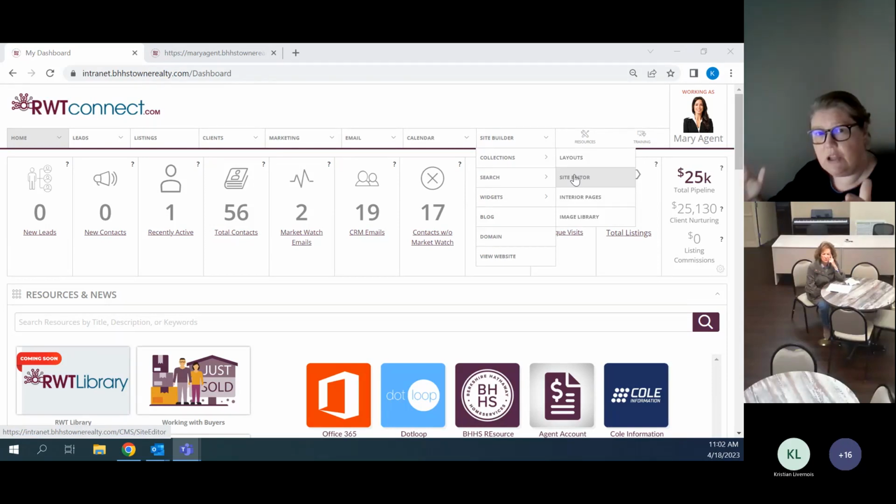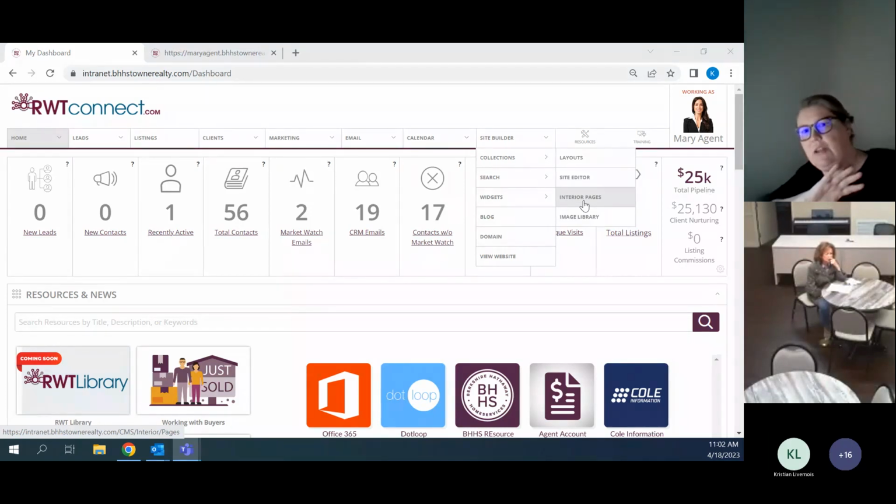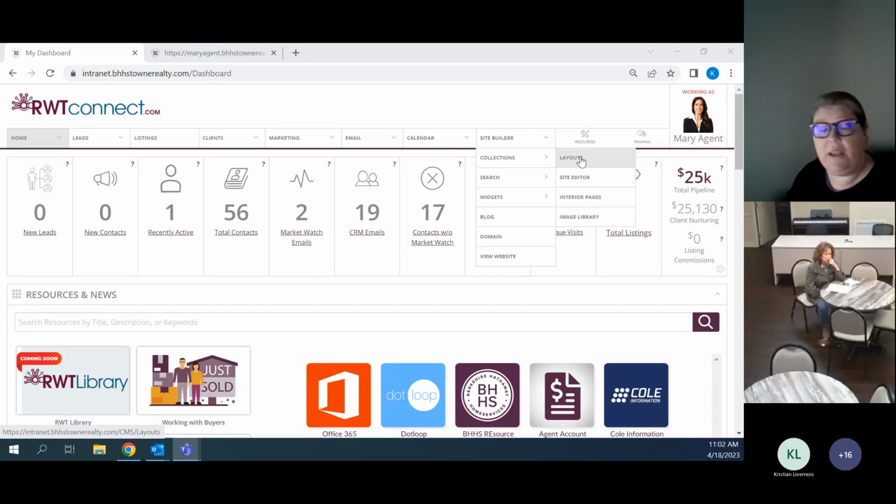So that's that front page of your website, www.whateveryournameis.com or whatever your niche market is.com. That home page is what we're going to talk about today with Site Editor. And then the next one, which is number 3, is going to be interior pages. Interior pages is going to be anything except for your homepage that's in the website at all. All right, let's take a quick look at those layouts again, just so you can see what we're working with